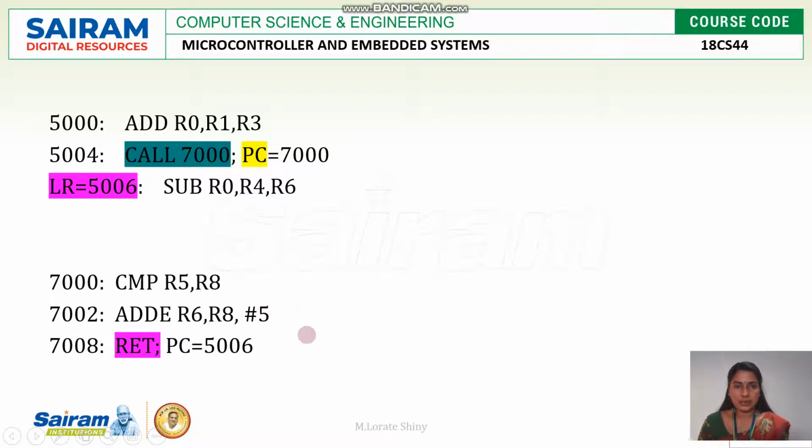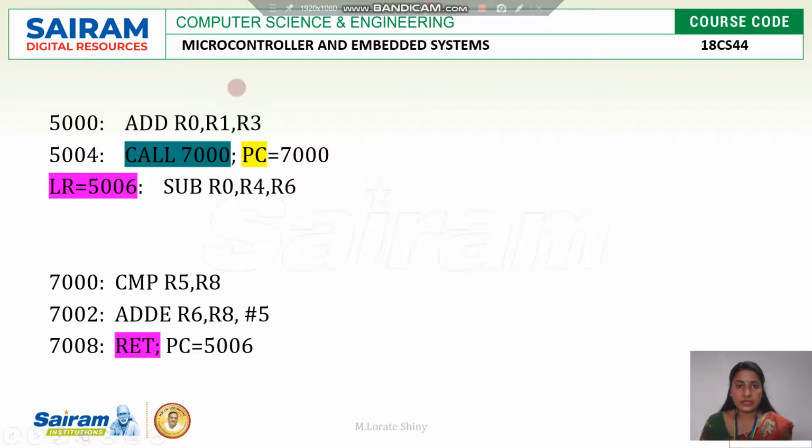So these are subroutines. For example, I have written these. After completing the subroutine, the processor will come back to the main program and continue executing. So after the subroutine it has to come back to the location 5006. How does the processor identify the return address? When the processor finds call, it knows it has to jump to the target location, complete it and come back to the next instruction.